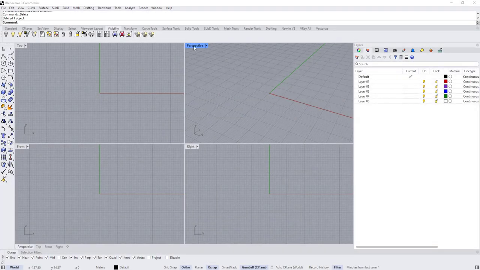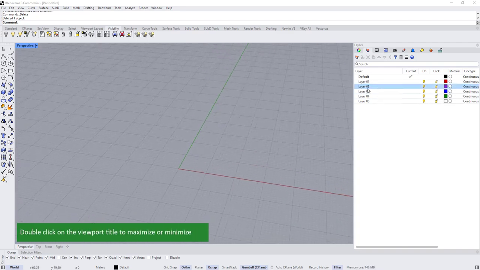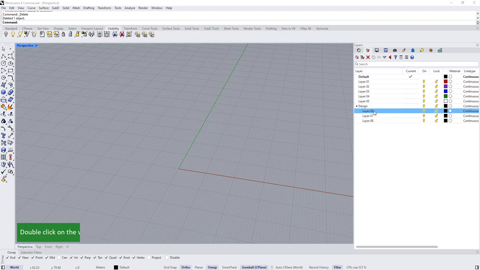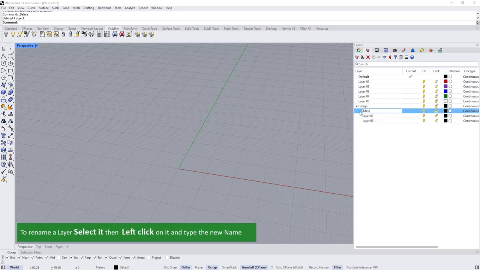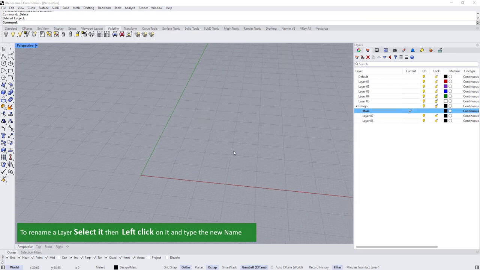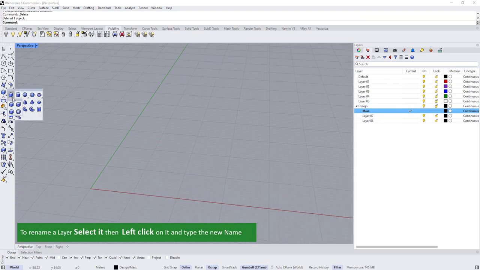So I'll start by going to the perspective view, so double click to maximize the perspective view. And let's create a new layer and let's name it design. And let's create a sublayer and a few more sublayers. So the first one I'm going to name it mass. And let's select it. So for the mass I'm going to use 3-point box, so we can come here and